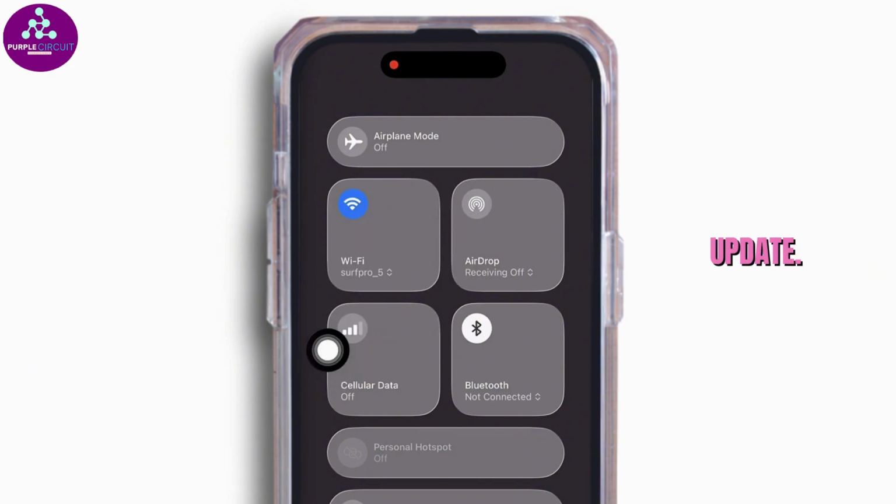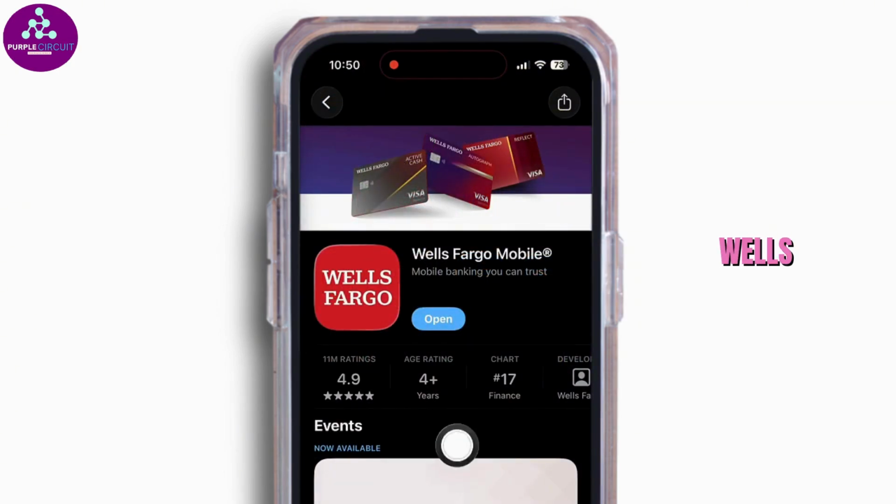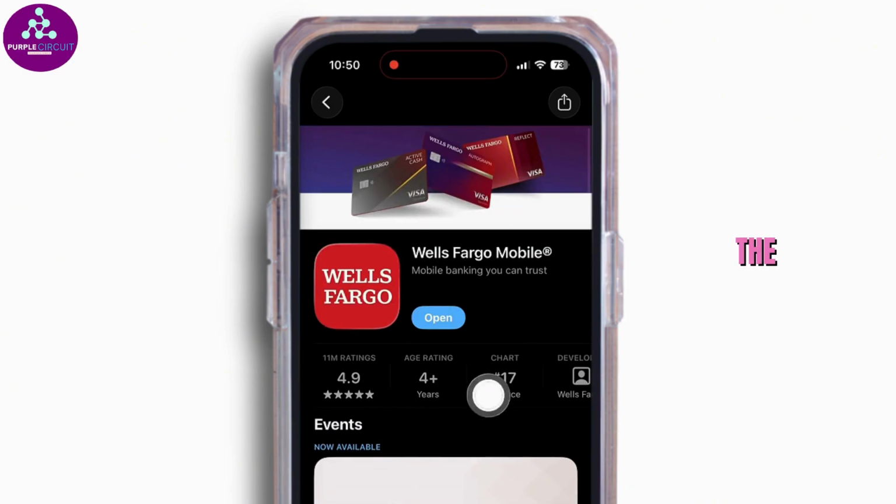Next up, check for app update. So head over to App Store or Play Store. Then search for the app Wells Fargo. Once app appears, if you find the option of update, click on it and update the app to its latest